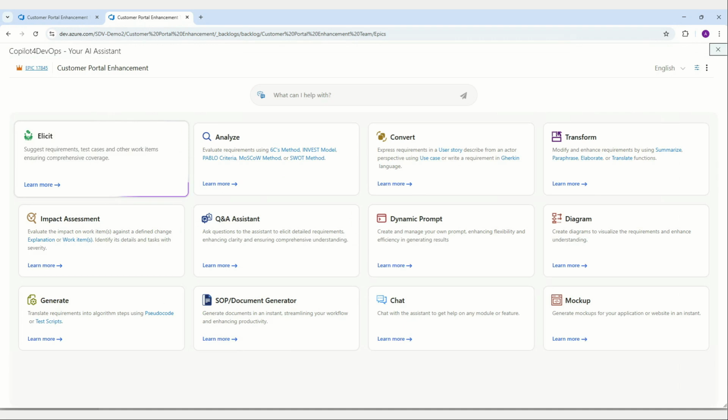In addition to having the context of the original epic, we also have a transcript from a stakeholder meeting. And this transcript contains very unstructured data about what is needed. You have many different stakeholders present in this particular transcript. So it might be challenging to decide how to prioritize these different items, what exactly needs to be built. So we can utilize elicit,